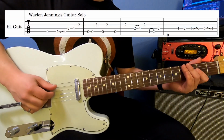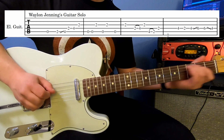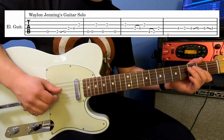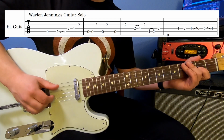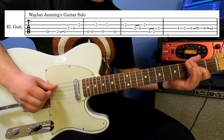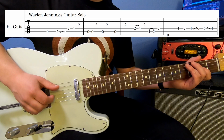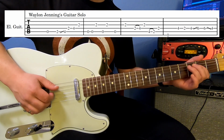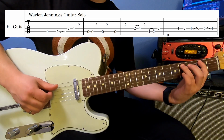Alright, and to play that, you're going to play your open A, slide the 2nd fret up to the 4th fret on the A, 2nd fret D, 4th fret D, 2nd fret G, play your open A twice, 2nd fret of the G, open A, 2nd fret G, open A, 2nd fret G, then you're going to hammer on from the 2nd fret to the 4th fret on the D string, 2nd fret G, pull off the 4th fret of